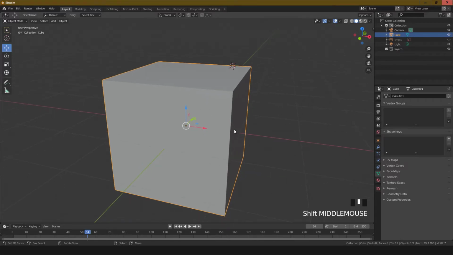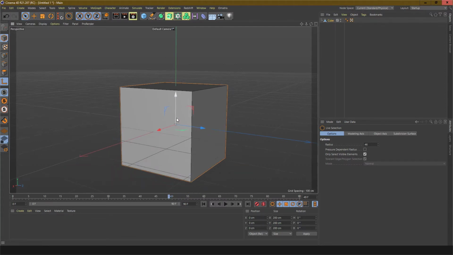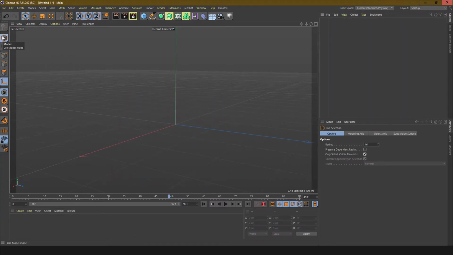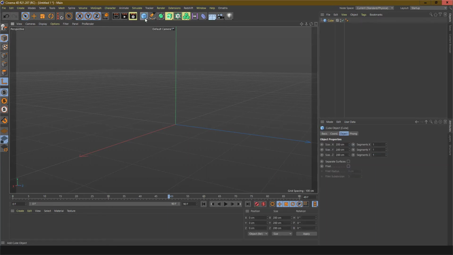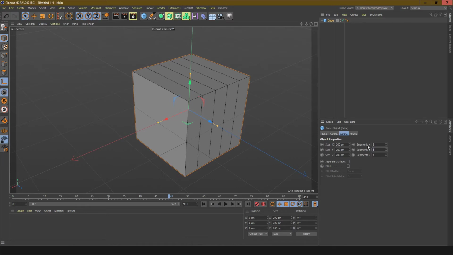So now, again we delete it, set the cursor in the world origin, and in Cinema 4D again delete. So again we add a cube here and press it here, object, segment 1, 2, 3, 4, 2 segment, and in the Blender